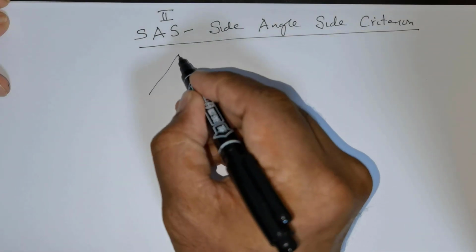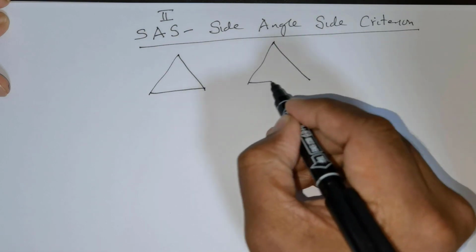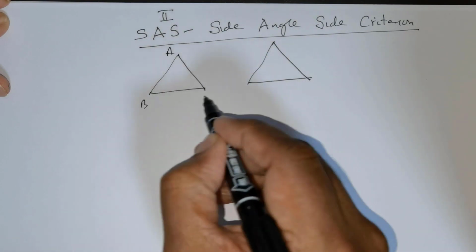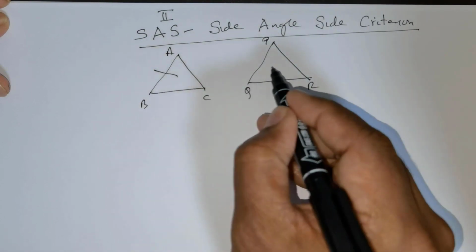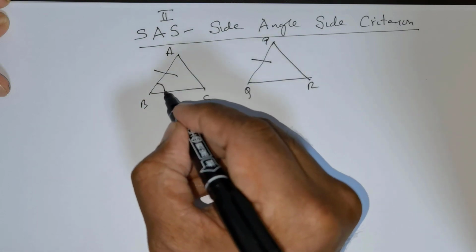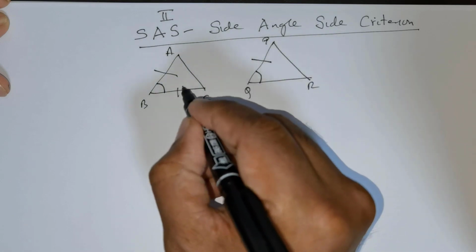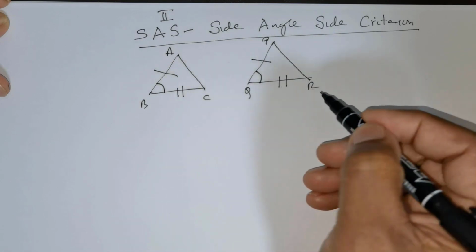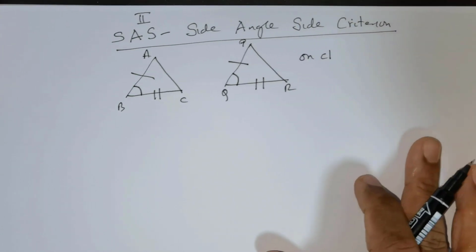So suppose you have a triangle like this, and another triangle like this. So this is A, B, C, and this is P, Q, R. You got a side here and a side here, and you got an angle like this, and an angle like this, and you got another side like this and another side like this. So clearly on observation we see that